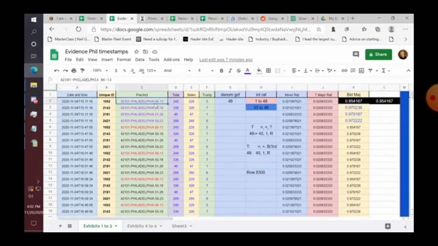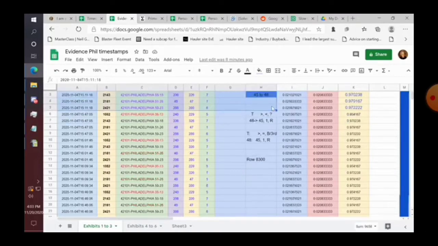November 4th, Philadelphia. So, 4 precincts at 3 o'clock in the afternoon report a ratio of 1 to 48. So Trump gets 1 vote exactly for every 48 votes. That's this right here. Now that's possible, so at first there's nothing weird about that. You have 4 precincts that reported. What makes it weird is this ratio of 1 to 48,